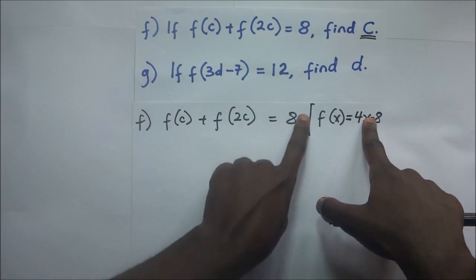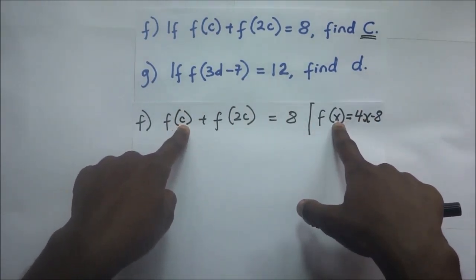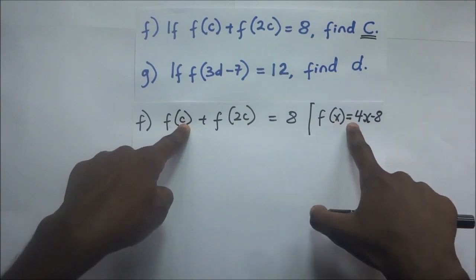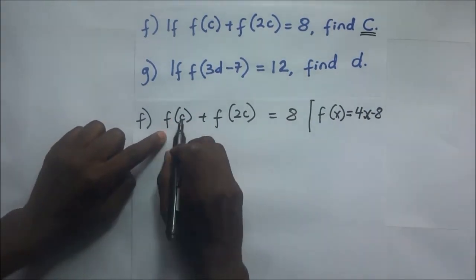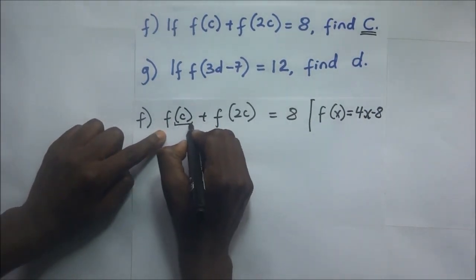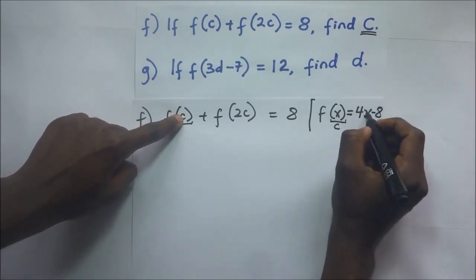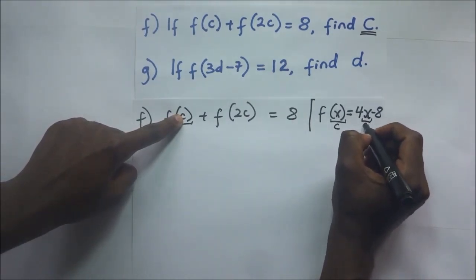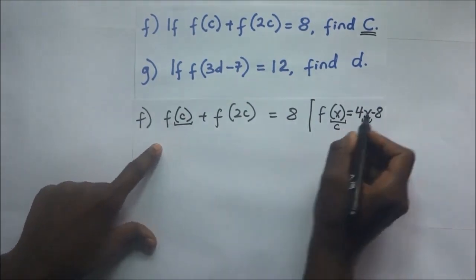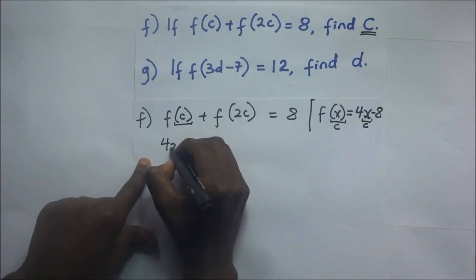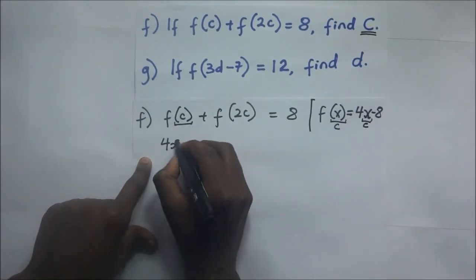Now here, when you look at this statement, in our brackets we have the value of x being given as c. So according to this expression, this is the same as saying f of c, our value of x is c. So now when we put c right there, this 4x is also going to become a c. That is how we do our next step. We substitute, so this is going to become 4c minus 8,